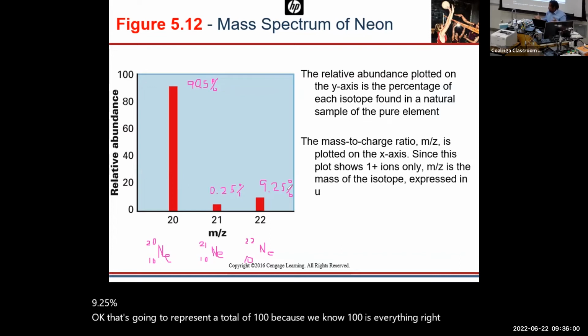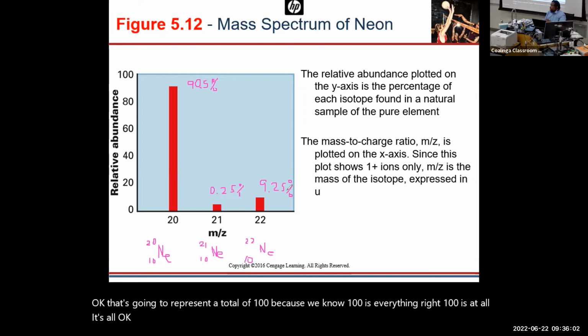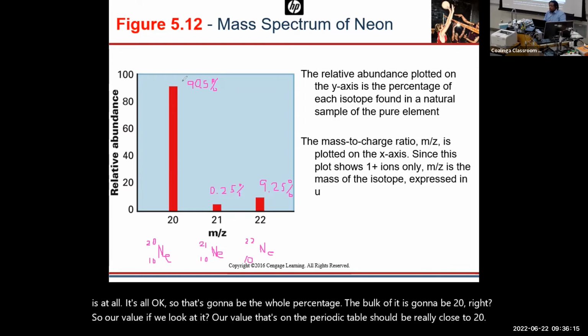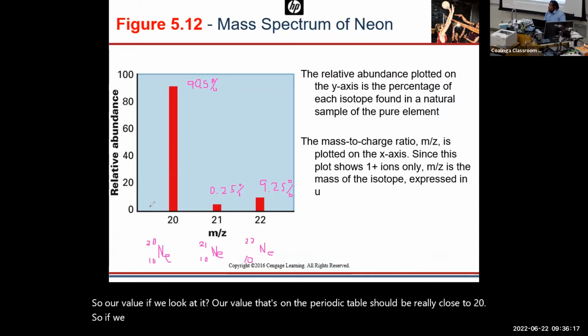So that's going to be the whole percentage. The bulk of it is going to be 20, right? So our value on the periodic table should be really close to 20. Okay, so if we actually wanted to calculate the actual value, what we see on the periodic table, it should be 20